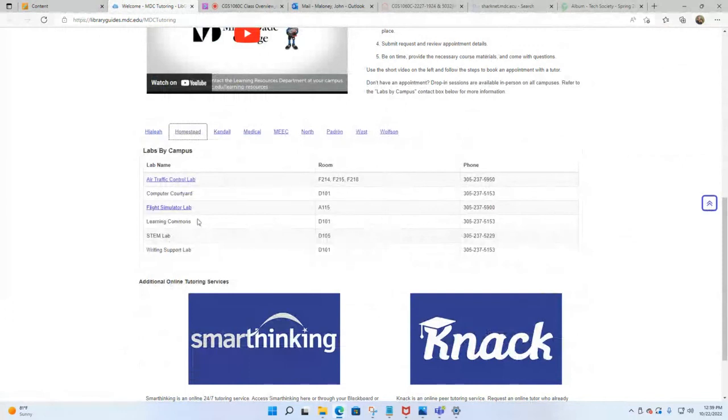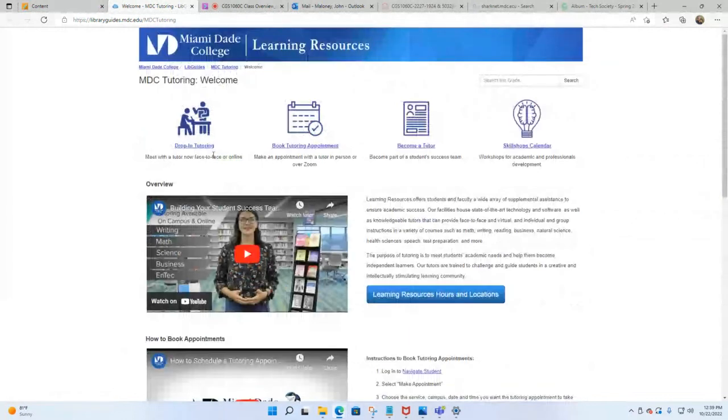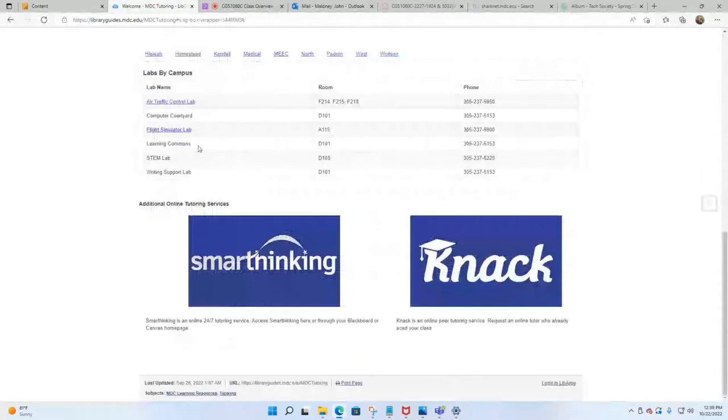They've changed this up. I've got to look at this. The computer courtyard, flight simulator. No, what? They've changed this. Let's say drop in. I'll just click drop in tutoring. So there's 2 things. You can do tutoring either online or in person. So let me just click from here for now, just to see what's going to happen, because I'm confused. All right, so they're not showing the CGS training now. I'll have to talk to my department chair to see what happened, because this has changed.